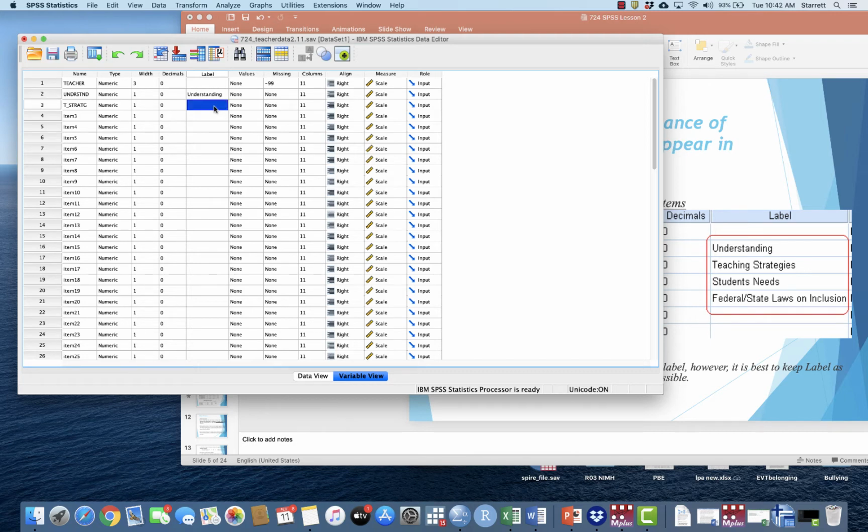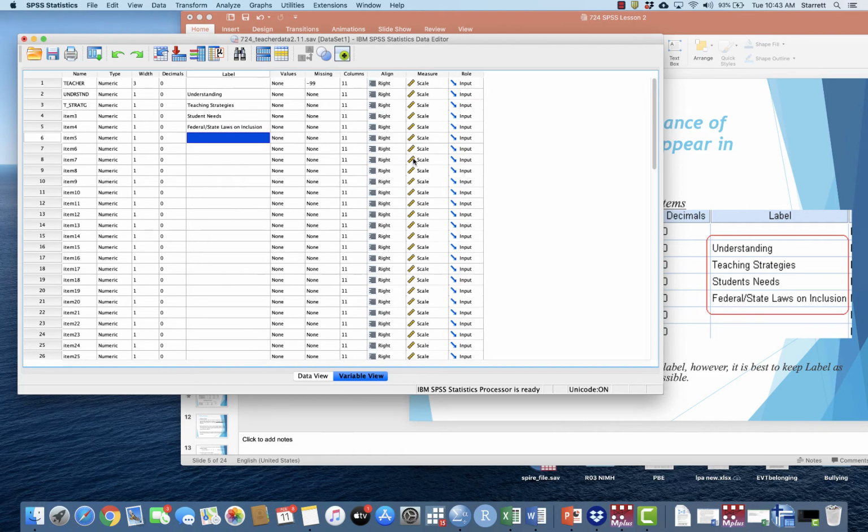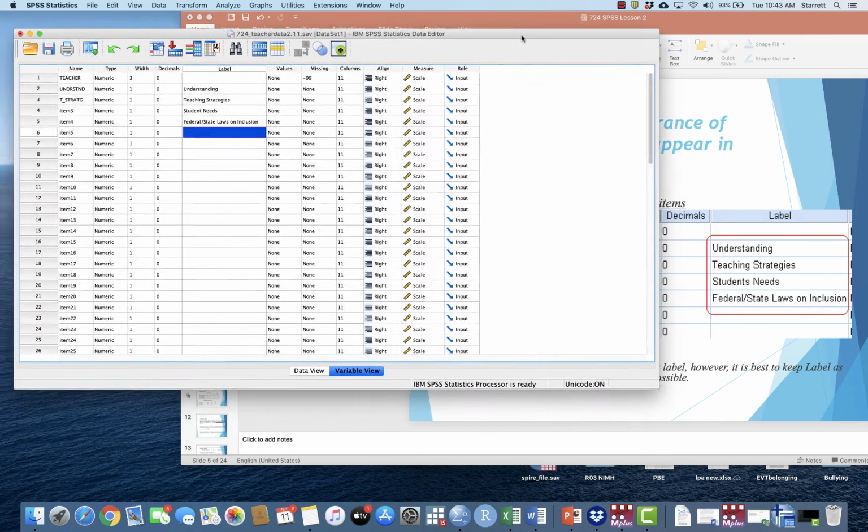All right, and then I'll do the same for teaching strategies and student needs and federal state laws on inclusion. All right, and so I can actually move this over so we can see our 4 labels that we wanted